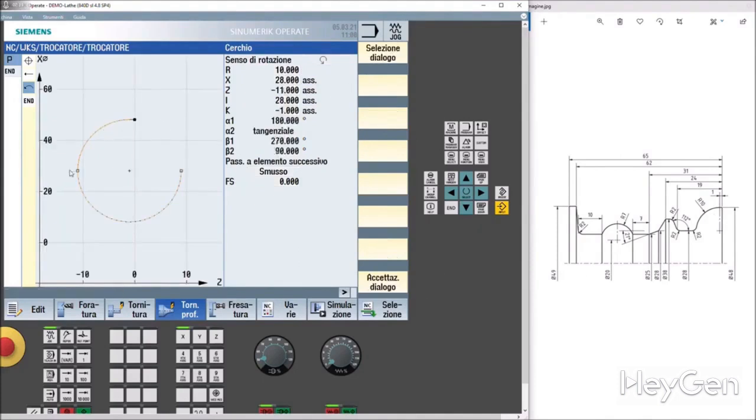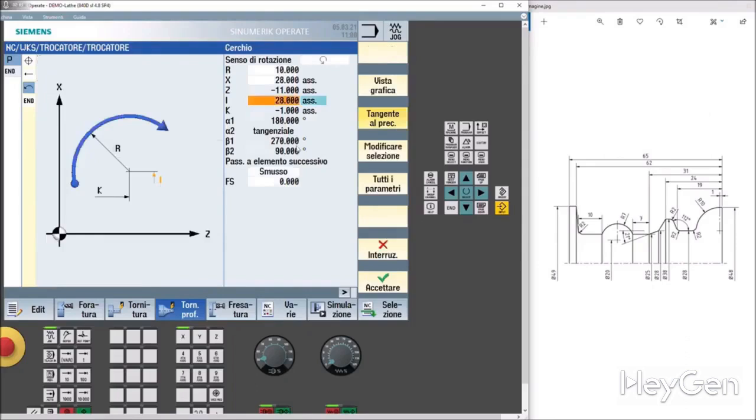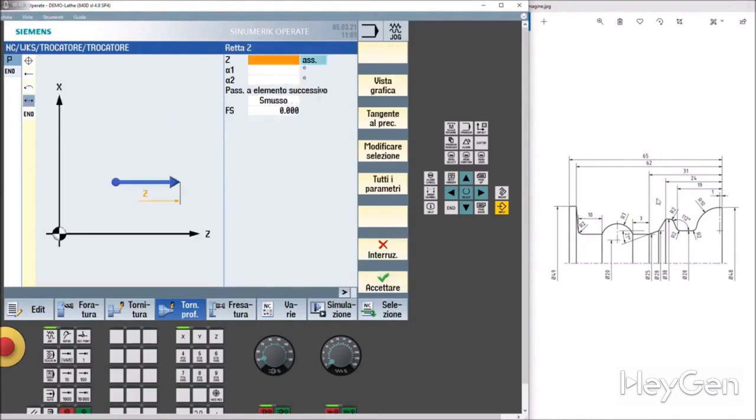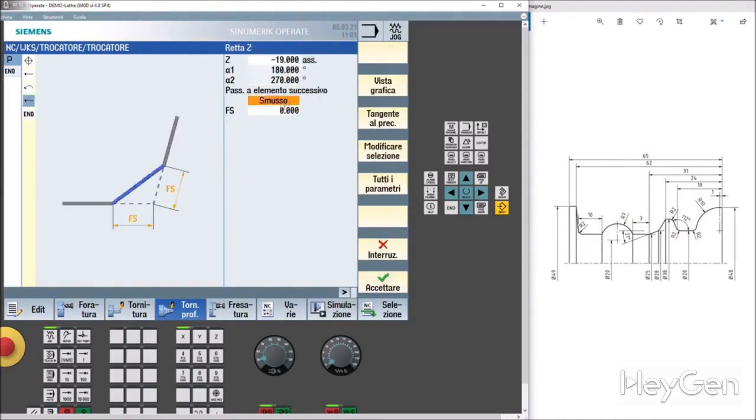Dialog section, here it is. This is our little radius. It can go all the way or stop. Here, it accepts a dialog that will end with a 2 radius. Let's accept it and move to the left at Z minus approximately 19 here too, with a 2 millimeter radius.